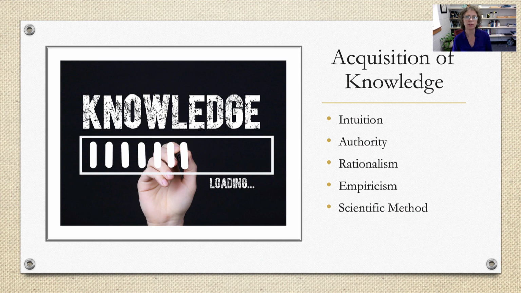Next, we have the acquisition of knowledge, or the methods that we use to acquire knowledge. And your text brought up a few. Intuition, right? Just having a feeling or a sense of what's going on. Authority, when we get our knowledge from someone else, like a book or a teacher or our parents. Rationalism is using logic. Well, if this is true, then that is true. Empiricism refers to observations and watching the things around us.